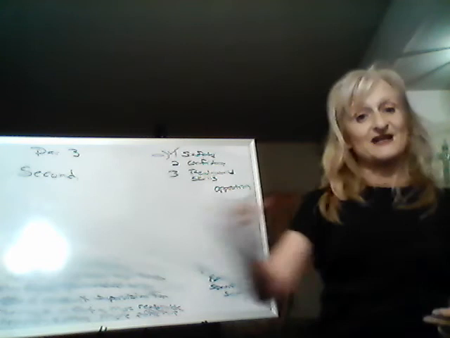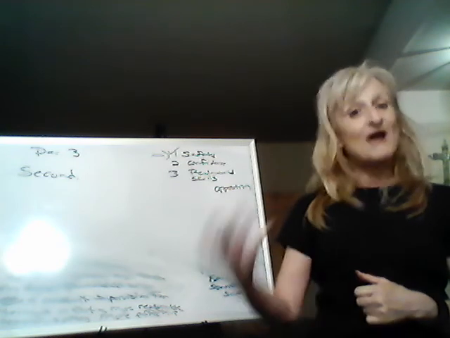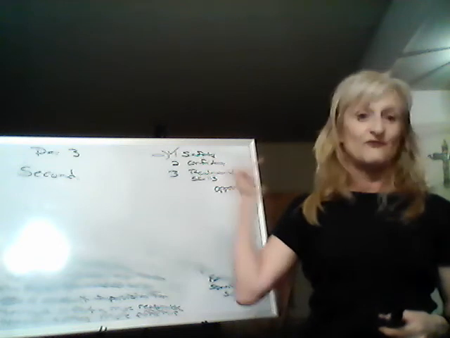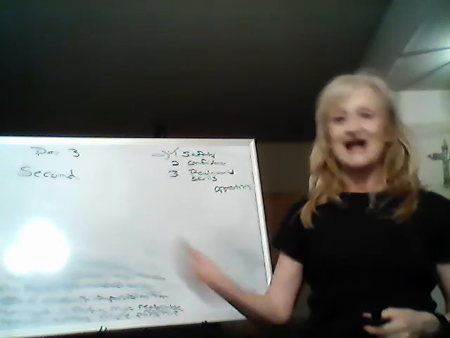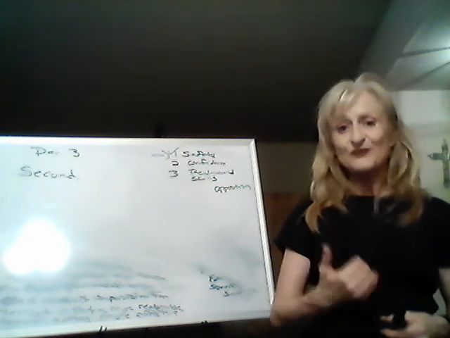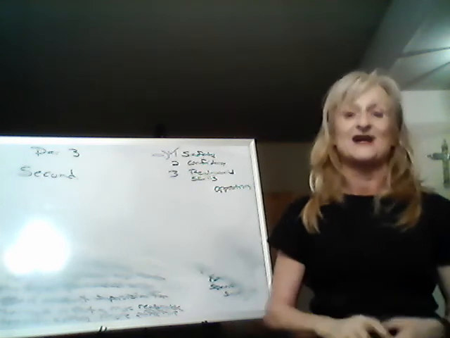So first, second, and finally, you could do all numerical: first, second, third. You could do next, in addition, furthermore, moreover. For contrast, however, right? Things like that. But you definitely need those transitional words. And before your example, before your evidence, use for example, for instance, specifically, as an illustration, but have that signal phrase because, again, to the reader, it means here comes the example. To you as a writer, it means here I need to put in the example, so it keeps you from forgetting to do that, because sometimes we forget.